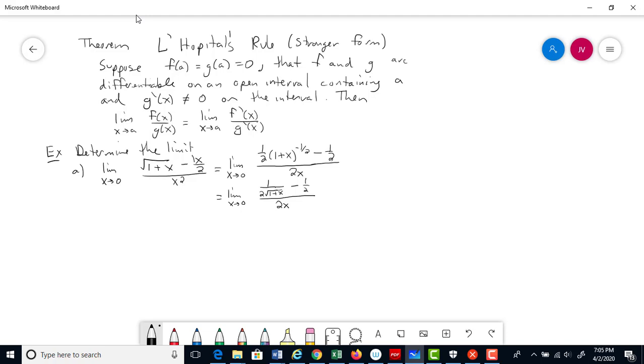Well, if you notice, what we have here is this expression is actually still differentiable. Like this, I could take the derivative of the top, and I can also take the derivative of the bottom again. So what I still have is, notice that if I plug in 0,